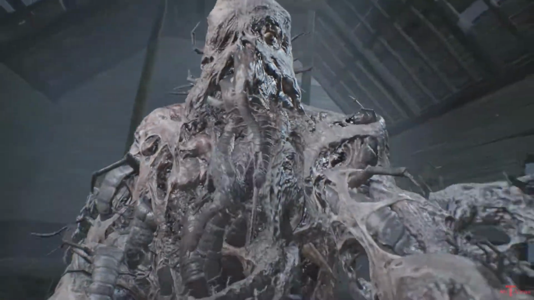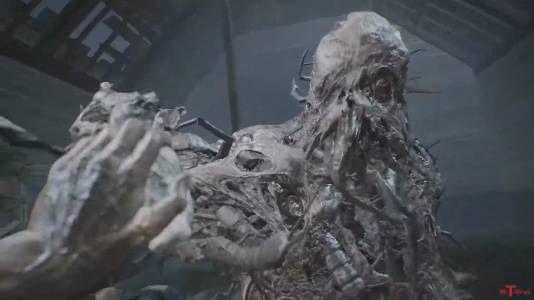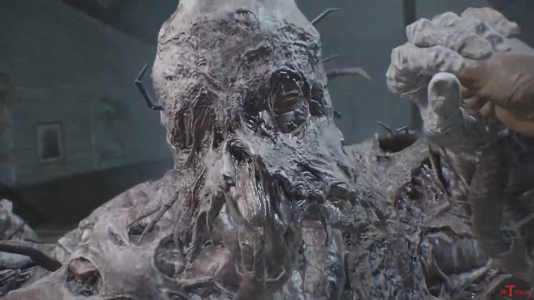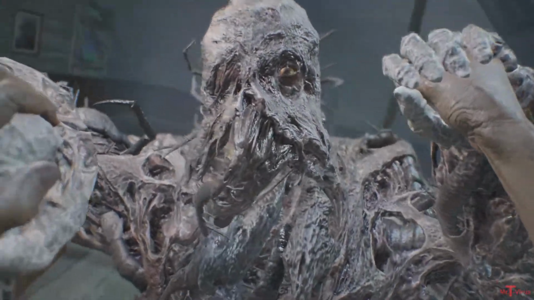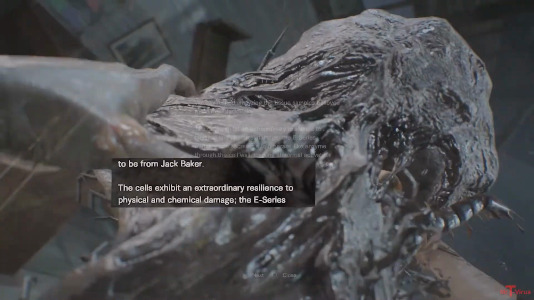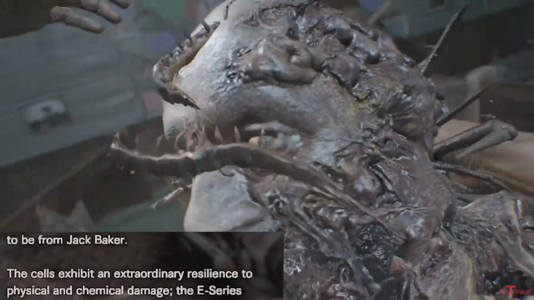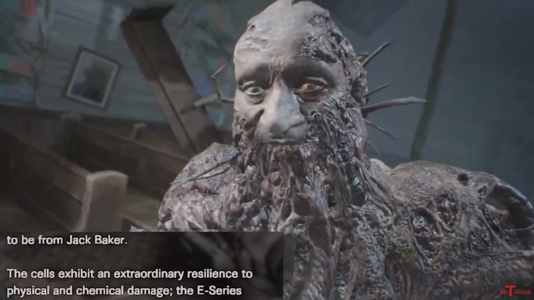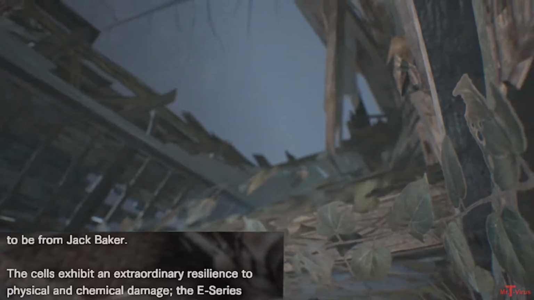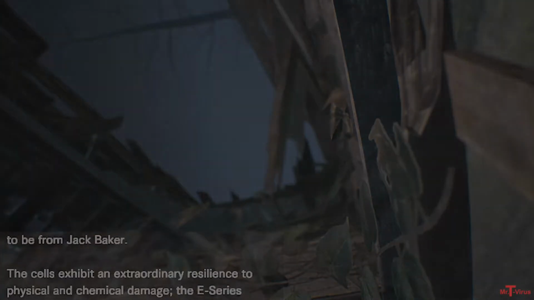Oh yeah, and speaking of Zoe, we discover that Jack Baker didn't die from that serum injection, which is no surprise there. Zoe just wasted perfectly good fetus parts. We learn from Blue Umbrella's documents that Jack's cells exhibit extraordinary resilience to physical and chemical damage. My guess is that this serum strengthened him, sorta like how a wrong dose of antibiotics can create superbugs